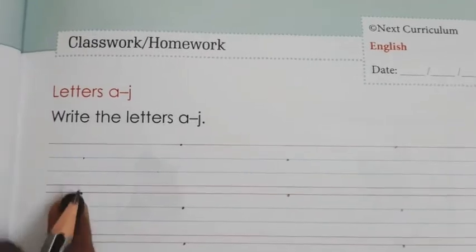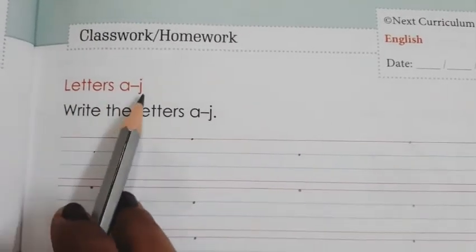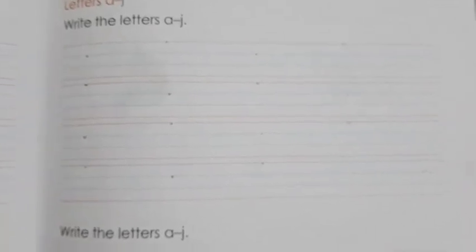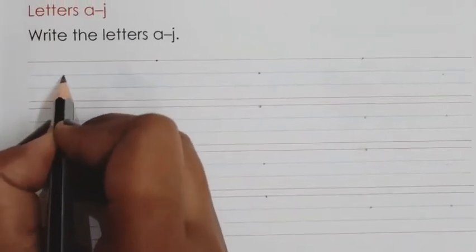Here, as you can see, letters A to J are written. Please speak and write. And parents, you can see the dots I mentioned here. In the same way you can mention the dots, because in small alphabets not all the letters start from the red line. Some start from the red line and some start from the blue line. So please see to it and mention the same. If your child is not able to write without the dots, you can mention them. Otherwise you can ask your child to write easily.